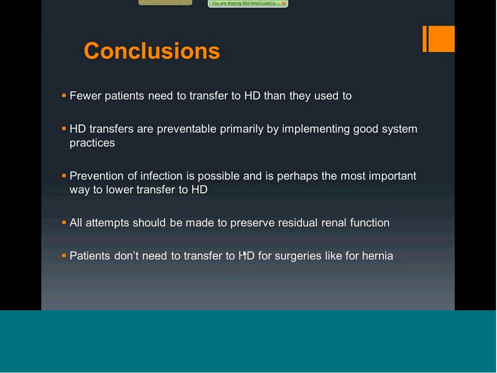I just want to pitch in a word here when you talk about membrane failure and volume control: judicious use of diuretics. In patients that have some urine volume, you can facilitate prescription management using diuretics. And that will maximize urine volume and minimize the need to generate ultrafiltration with PD. That should be used fairly liberally if possible.